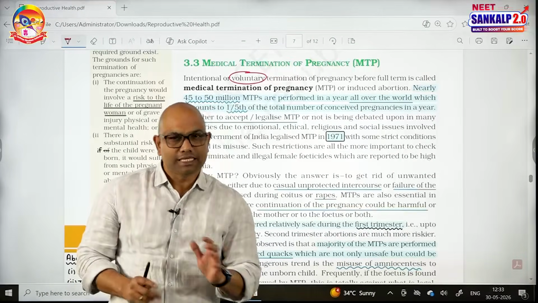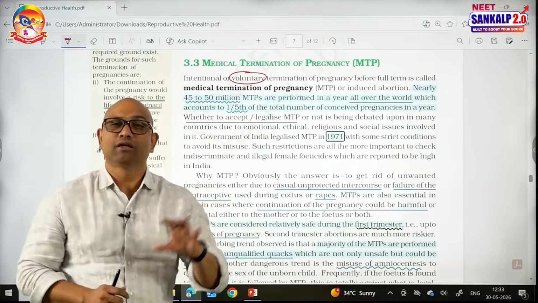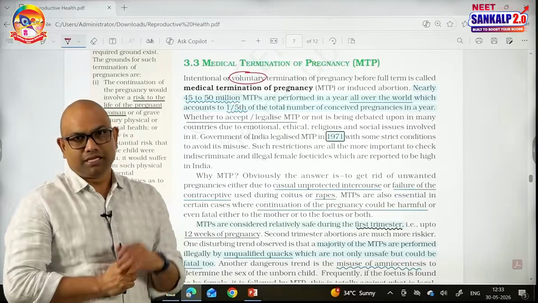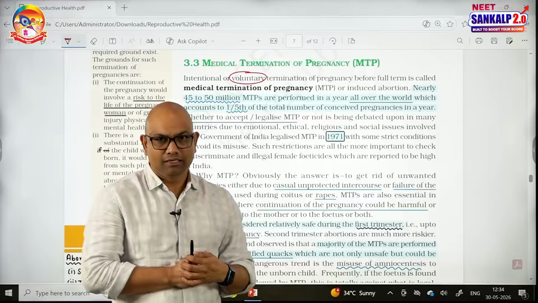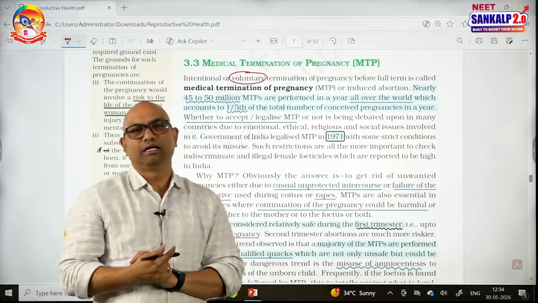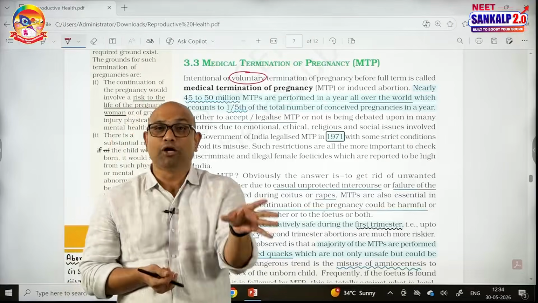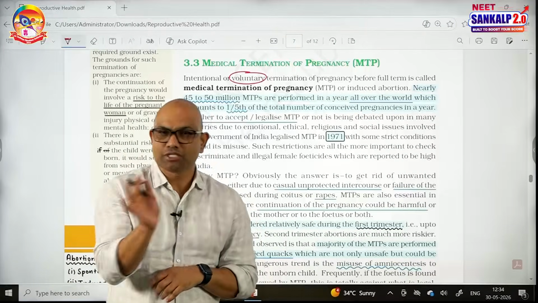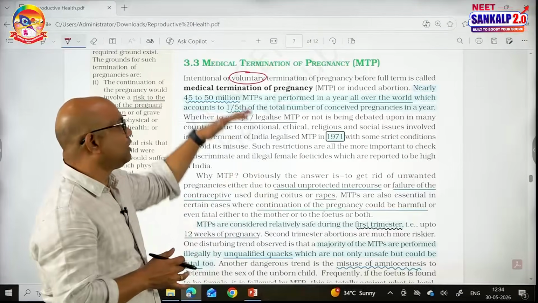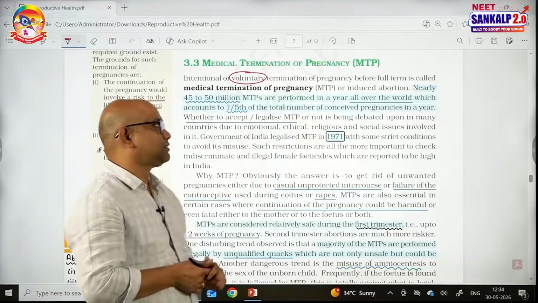See, which is also known as abortion, but all abortions are not MTPs. There are some abortions which can occur spontaneously. Because of a weak reproductive tract, the embryo may not be properly implanted. It can come out easily through the cervix and vagina. That is called spontaneous abortion. Spontaneous abortions are not MTPs. Only intentional and voluntary abortions done by the doctors are called MTPs.